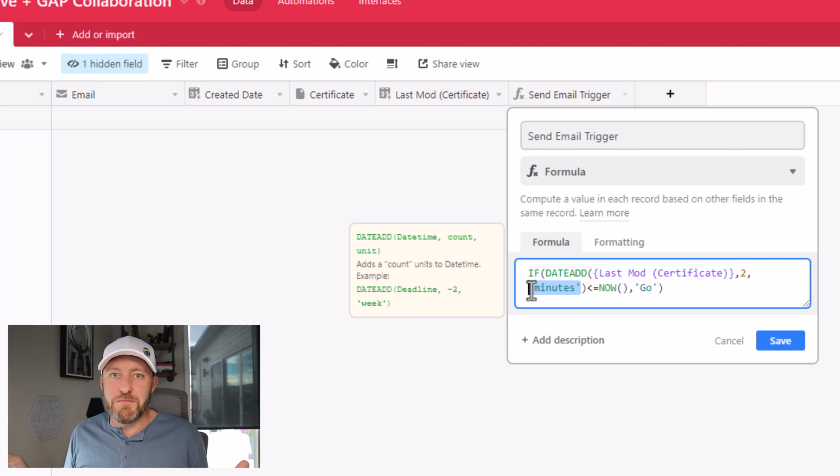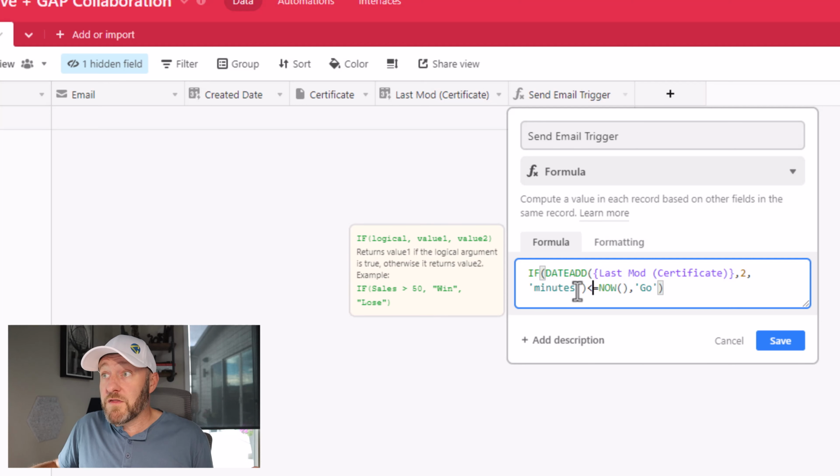We definitely don't need 2 minutes, but I like taking a little bit of extra time just in case something goes wonky. And what we're doing is comparing that last modified time, 2 minutes added to it, to now. Now being the meta call that's saying, what is the current date time at the time of this particular automation? When we're comparing those, we're using the less than or equal to, so as to say that if the last modified summation hasn't surpassed the now function, then it's not ready, meaning that we haven't delayed long